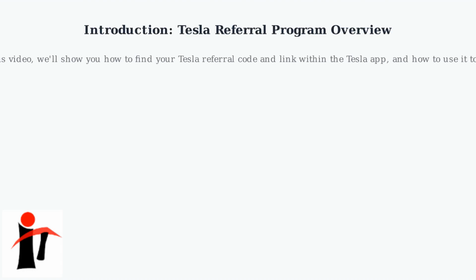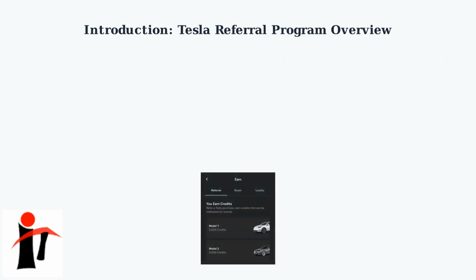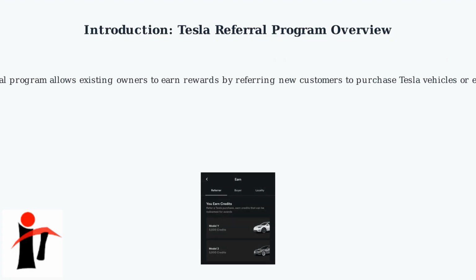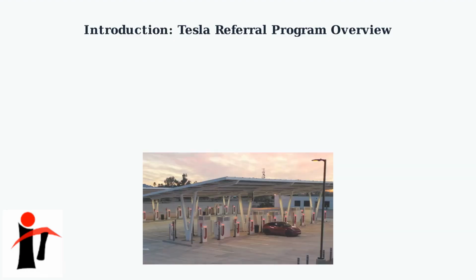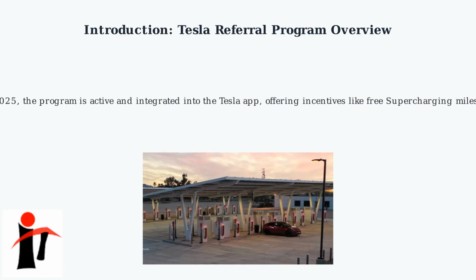Welcome. In this video, we'll show you how to find your Tesla referral code and link within the Tesla app and how to use it to earn rewards. The Tesla referral program allows existing owners to earn rewards by referring new customers to purchase Tesla vehicles or energy products. As of December 2025, the program is active and integrated into the Tesla app, offering incentives like free supercharging